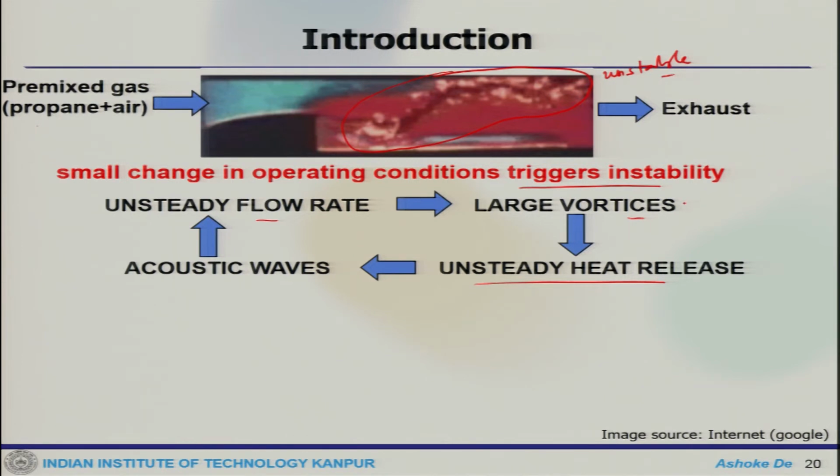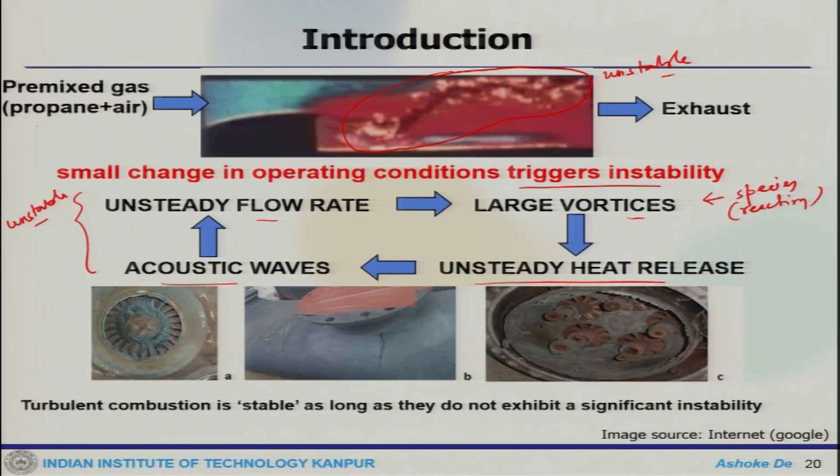When you talk about these vortices, they are actually carrying those species, or rather reacting species, and the reacting species are also exposed to this underlying fluid dynamical behavior, and that will lead to unsteady heat release, which will generate some sort of acoustic shock. Once that happens, this is again going to couple back. So, that makes the whole system literally unstable.